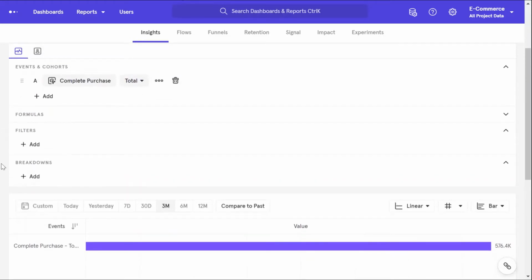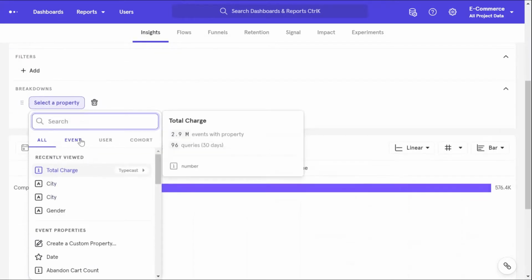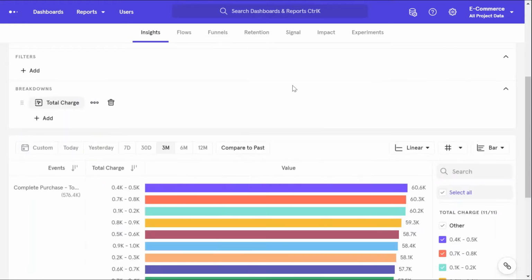Now you would also recall these two features which are available in almost all reports in Mixpanel, filters and breakdowns, and I kept saying that we will come back to it. This is the time to come back to these features. Let's start with breakdown. In this event here in the sample data, we have this property called total charge, which is essentially the same thing as the total amount of the order. So let us use this in breakdown and see what happens.